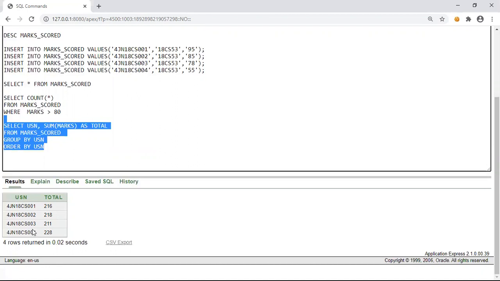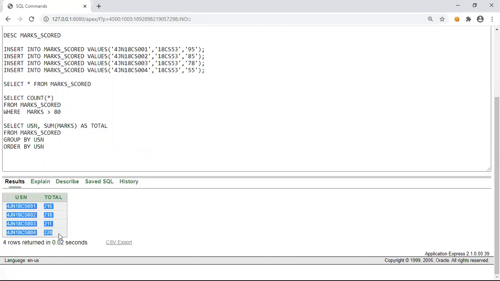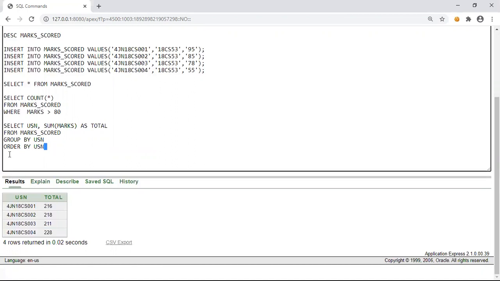So it is ordered. When we read this value from any programming language, we will get the result in a sorted manner. In order to sort the result, we will use the order by clause. It also takes multiple attributes, and even the group by clause will take multiple attributes. If we have any other attribute to mention over here, we can specify it after a comma.